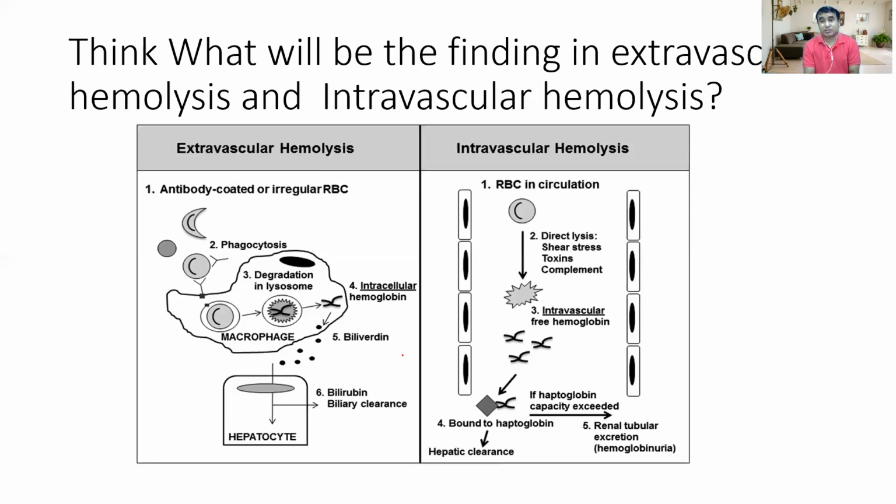When do you suspect hemolytic anemia clinically? If someone has anemia and jaundice, then splenomegaly or hepatomegaly, or hemoglobinuria, then definitely we have to suspect it. In the lab, we are going to get an increase in unconjugated bilirubin, an increase in AST, an increase in LDH, and an increase in reticulocyte count, then we will suspect hemolytic anemia. So I think today we'll end this presentation, and we haven't discussed the details about the types of hemolytic anemia. I think this is out of scope for 6th semester MBBS students.